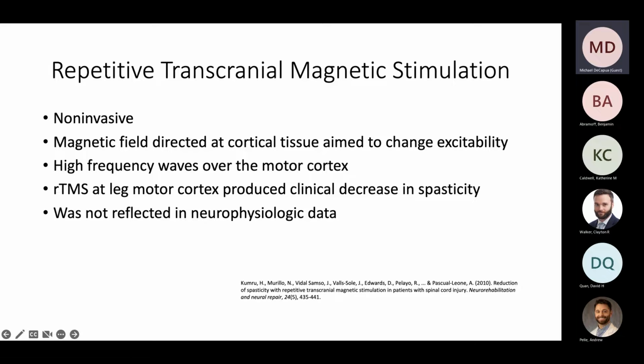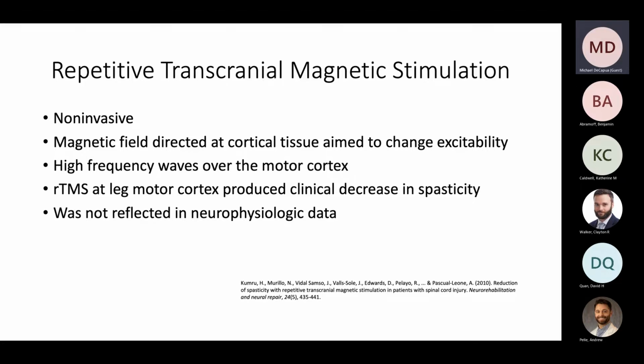And then finally, we have repetitive transcranial magnetic stimulation. Some people may be familiar with this. It's often used in depression, and it's a relatively non-invasive intervention for patients. It generally is directing a magnetic field towards cortical tissue with the goal of changing the excitability of the neurons. So for spasticity, it looks at